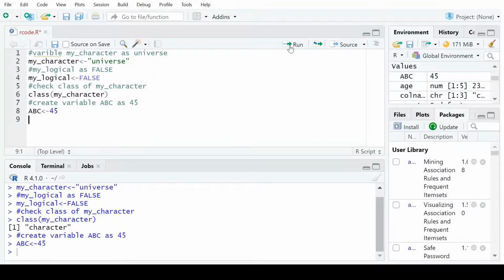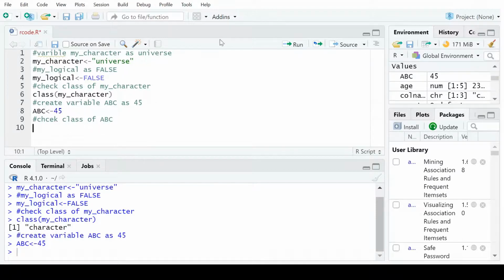Now if we want to check the class of this ABC, we just need to put the class function and put ABC.